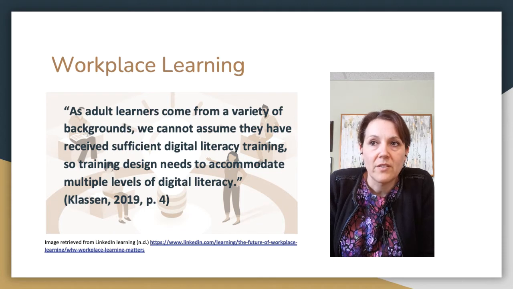Social learning theory suggests that while adult learners may be independent and self-directed, there is value to social connections in and of learning. Rather than top-down management-directed learning, using digital tools for training and problem-solving contributes to a more highly skilled workforce. Technology such as social networking sites, streaming services, blogs, video sharing, and other online platforms enable learners to access information and connect with others as and when needed.